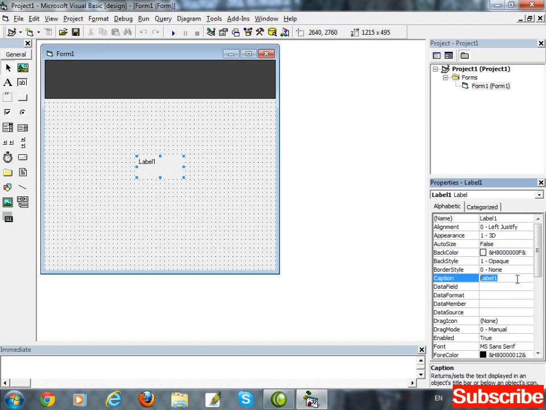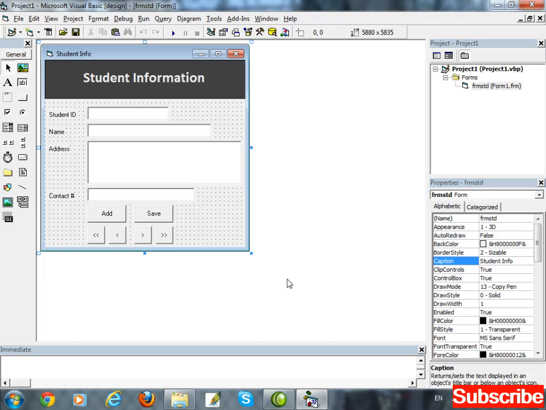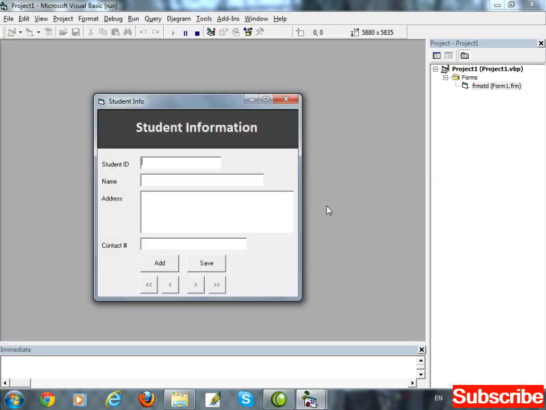We will use this label as a heading: Student information. Auto size to true. Increase the font size. So the design of the form is completed. Let's check the design. Design is completed. Okay.